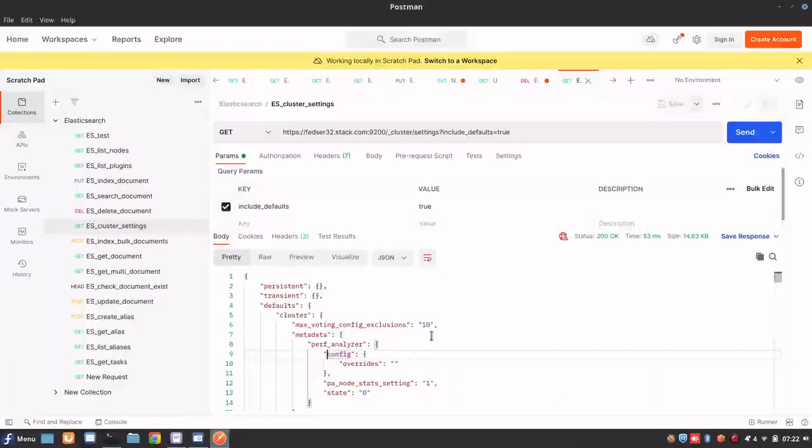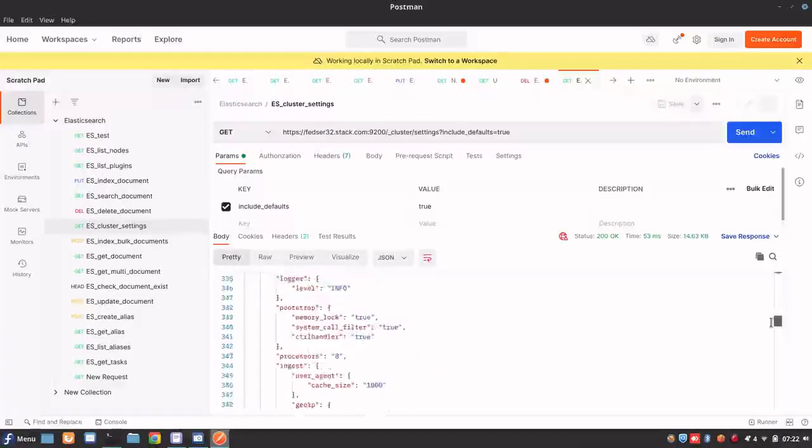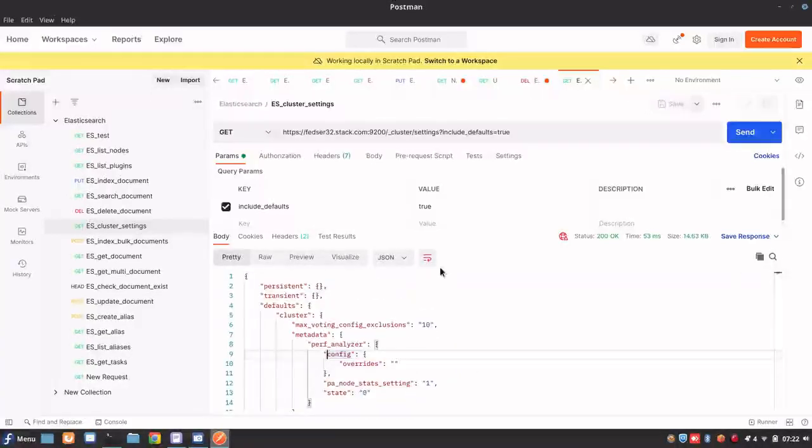So you can see there is a lot of information related to the cluster, like persistent, transient, and default settings of the cluster that are retrieved. So this is something a system admin is interested in looking at. So we can run this cluster settings slash. So the include underscore defaults is equal to true parameter basically means we want to see the default settings of the cluster also. So these are some of the operations I have shown you, but let me show you one more